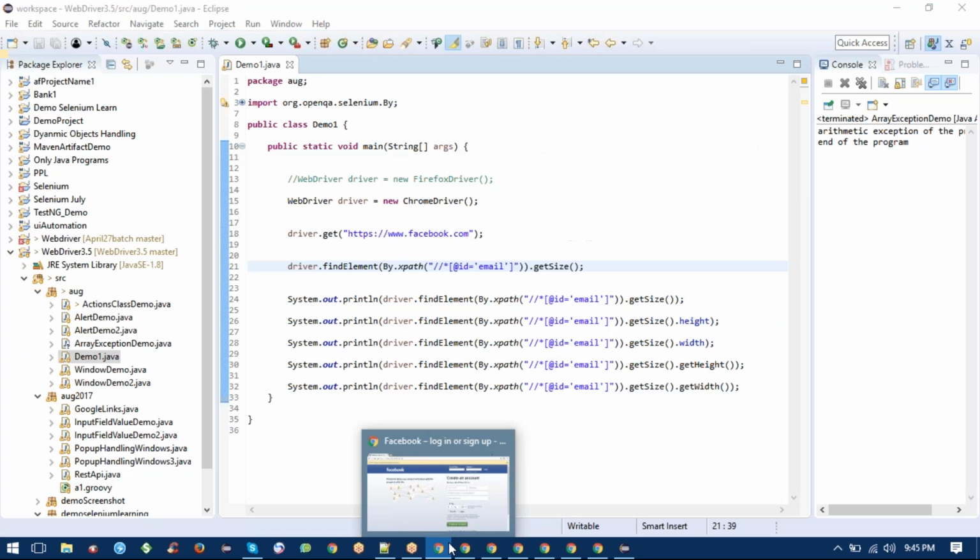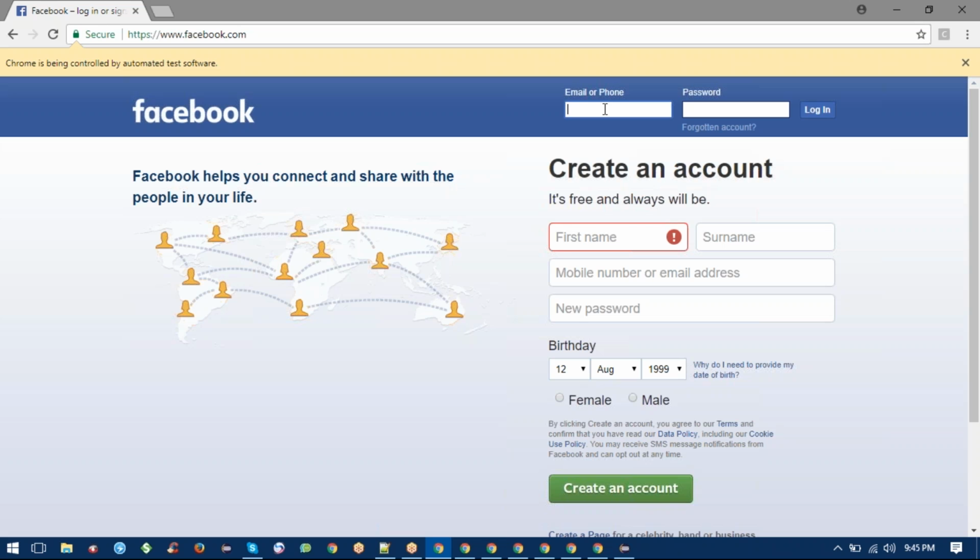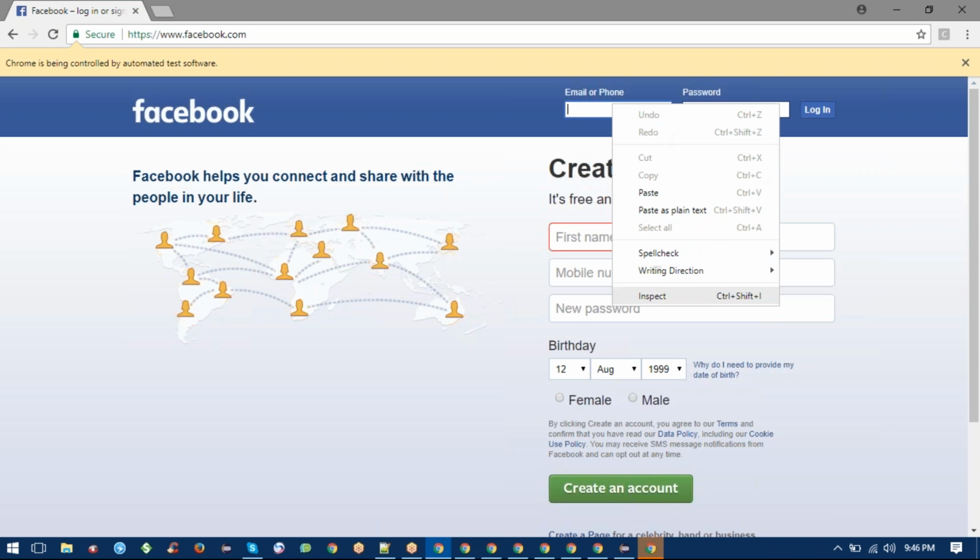Let me open facebook.com. So facebook.com, you can see this is the email box. Fine, this is the first name box, this is the email or phone box. If we right click and inspect,